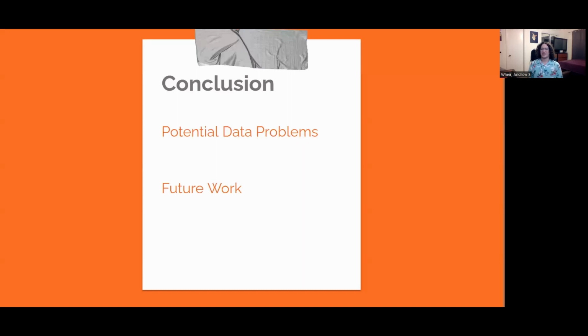There might have been some potential data problems, features that only fake data had or only true data had, so that the SVM could suss them out so efficiently. And also it might have been because we only used one data source. So in future work, we would want to use more data and use it from multiple sources to avoid problems like this. Perhaps using an SVM with a count vectorizer, or using other types of classifiers like gradient descent or k-nearest neighbor, along with cross-validation.